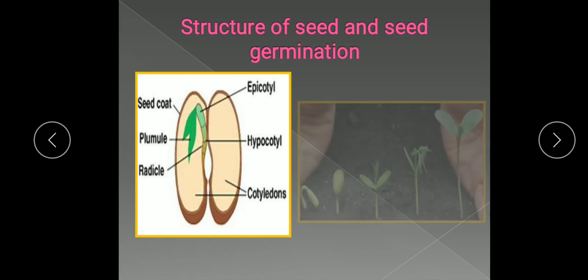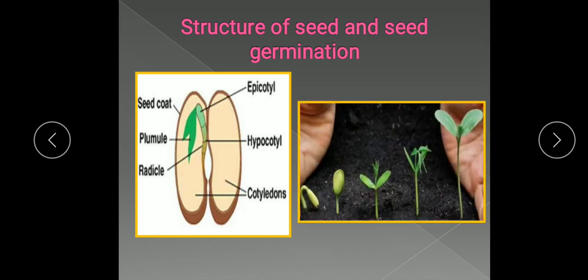Now this seed undergoes germination. As favorable conditions come, the embryo lying in the seed becomes active, germinates and comes out from the seed. You can see the tiny seedling there. So the embryo develops into the seedling. This process is known as germination. Now this tiny plant or seedling further grows, develops the root and the shoot properly, and then it develops into the plant. So understood children?